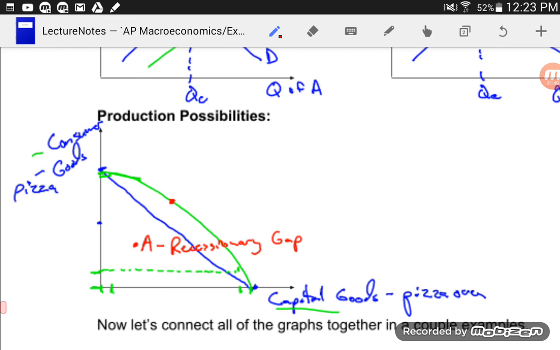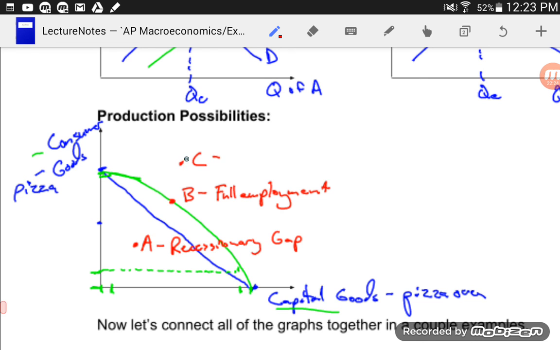If you are here, we'll call that point B, you are at your limit. That is that long run equilibrium, that is full employment, and the only way you can get more consumer goods at this point would be by giving up some capital goods, so you can't increase beyond that. To get to point C,